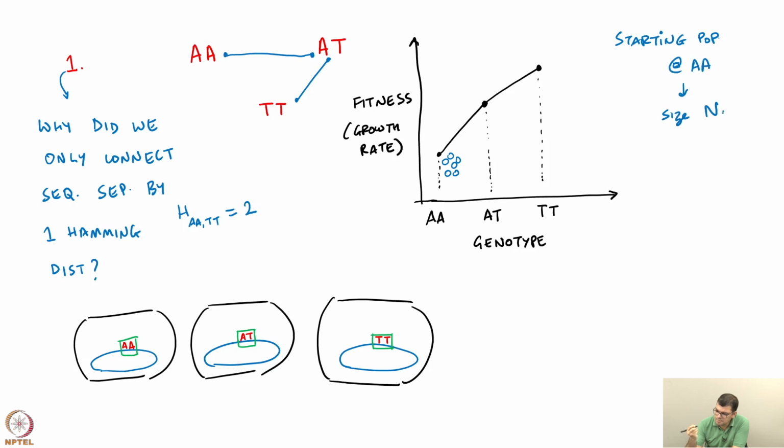That means there are n individuals in this population. Now, mutations are going to arise. Movement from AA to AT can only happen via acquisition of a mutation. This event can only happen if during the process of division one of the progenies acquired a mutation and it became AT instead of AA. This is the only process via which an AT individual can arise,